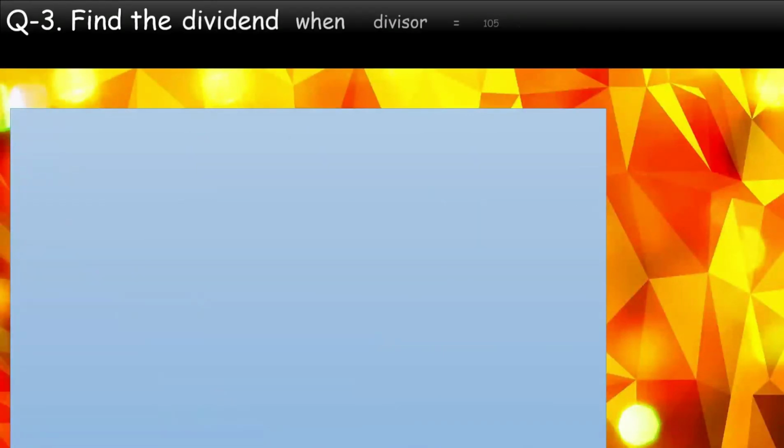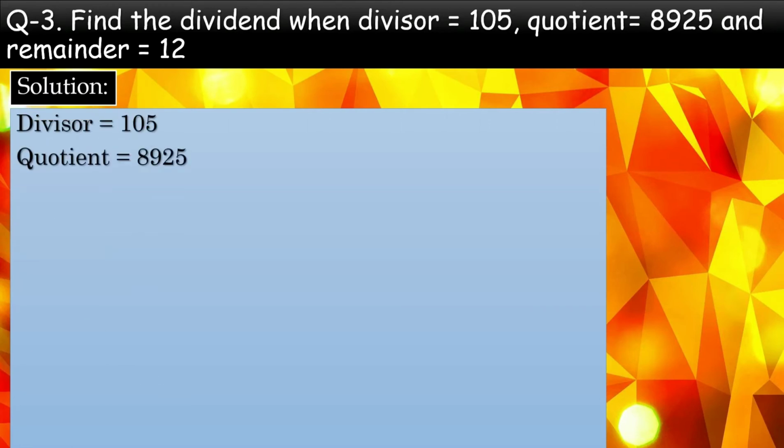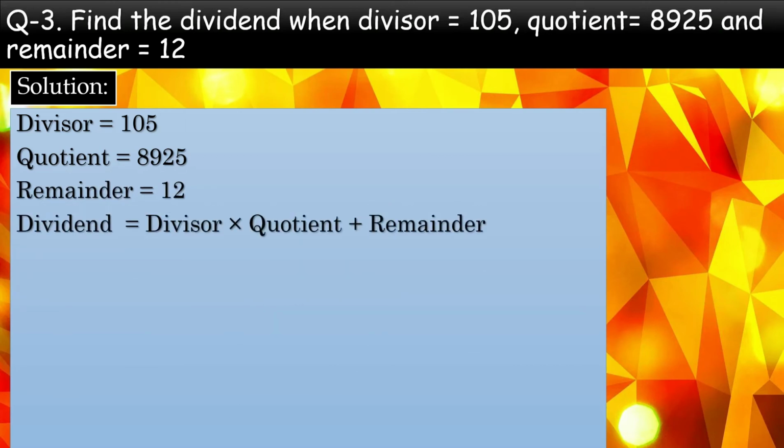Now coming over to question number 3. Find the dividend when the divisor, quotient and the remainder are given. So here first of all you have to write down the numbers against the words divisor, quotient and remainder, and after that you are going to write down the formula. Now substitute these important terms with the numbers that you have been given, and following the rule of BODMAS,